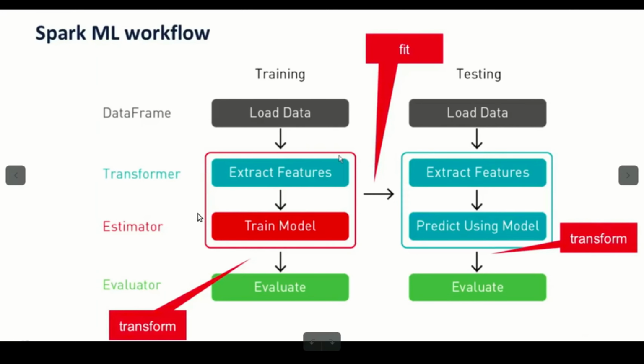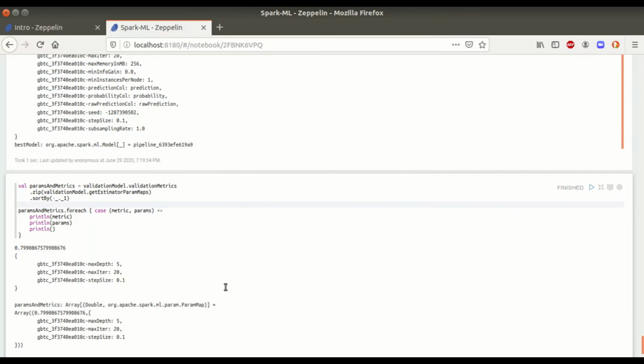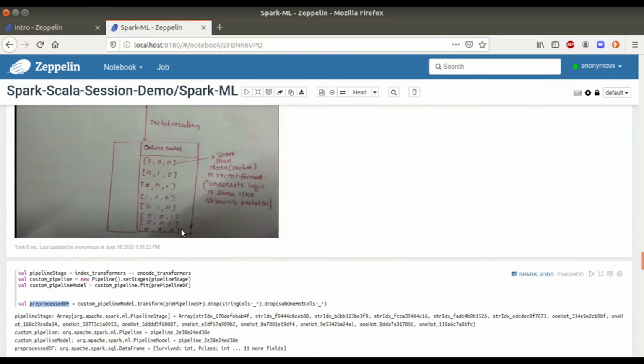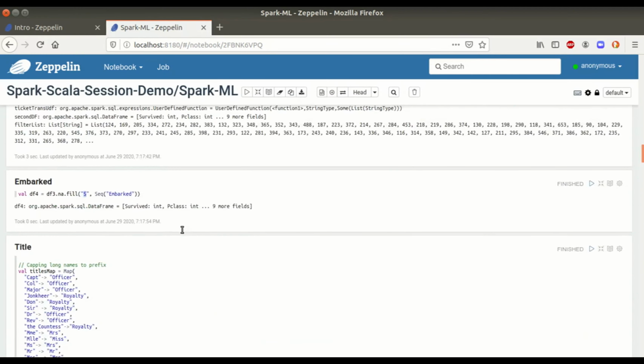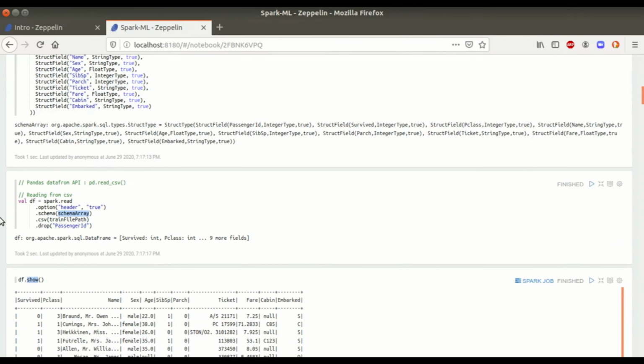Then we apply our estimator, which is nothing but the machine learning model, and post that we do some evaluation. These are the normal practices we follow in machine learning with Spark. Similar classes are present in Python, which is PySpark, but since this was with respect to Scala, I tried to cover examples with Scala here.